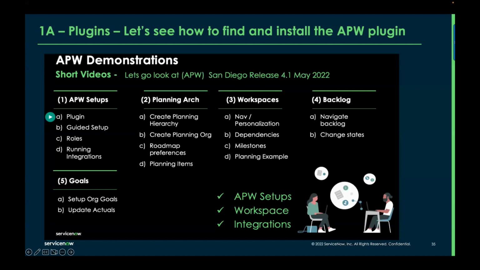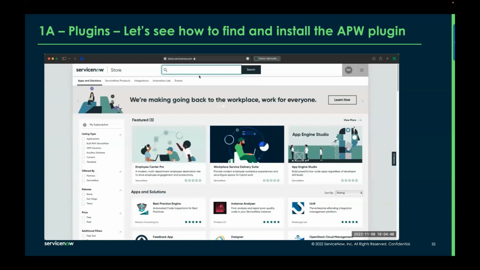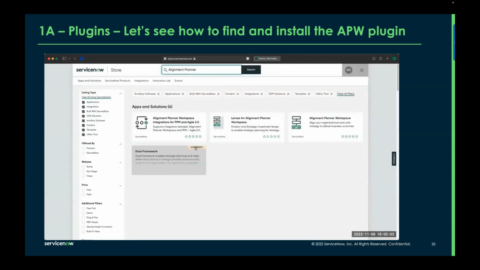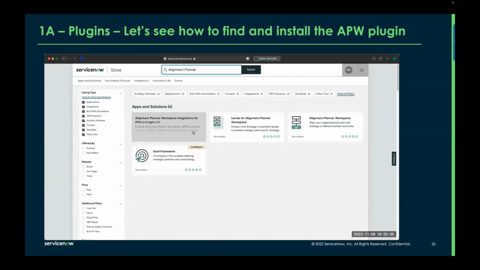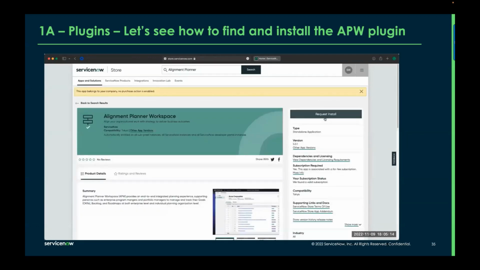So the first one here is the plugin. When you run the plugin, you'll go to ServiceNow Store and just search for Alignment Planner. And note, when it brings it up here, you'll see this little comment called "in product," which means it's embedded within the actual product, not just a standalone app. This is an example of the goals framework in Tokyo. So you click on this, and you can request the install here,